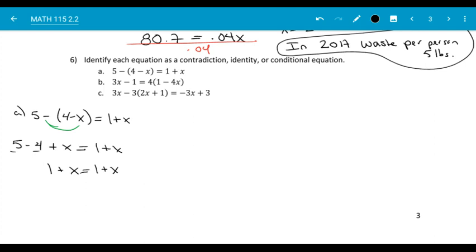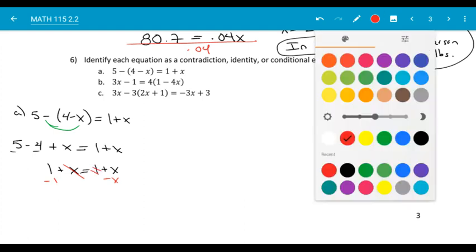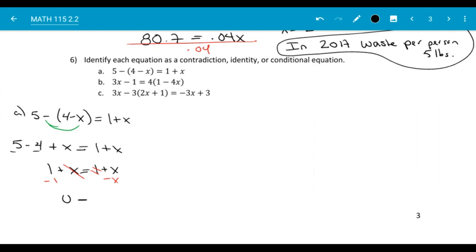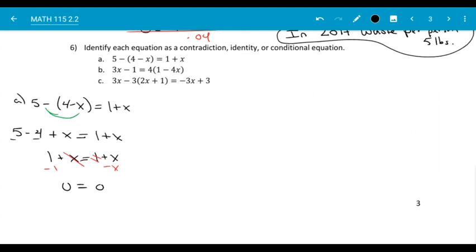Now you should recognize it right there. Left side is exactly the same as the right side. But if you didn't, if we continued solving this, if we subtracted x from both sides and subtracted 1 from both sides, we would end up with nothing over here, or 0, and also a 0 over here. When does 0 equal 0? Always. This is an identity, which means your